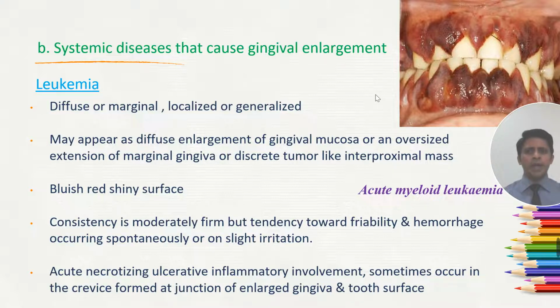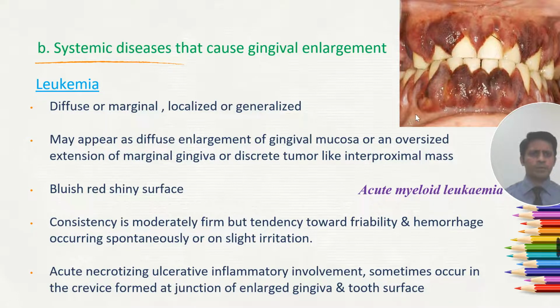It may appear as diffuse enlargement of gingival mucosa, an oversized extension of marginal gingiva, or a discrete tumor-like interproximal mass. The enlargement is bluish red with a shiny surface. The consistency is moderately firm, but with a tendency towards friability and hemorrhage occurring spontaneously or on slight irritation. You can see the bluish red shiny surface, and generally the enlargement is